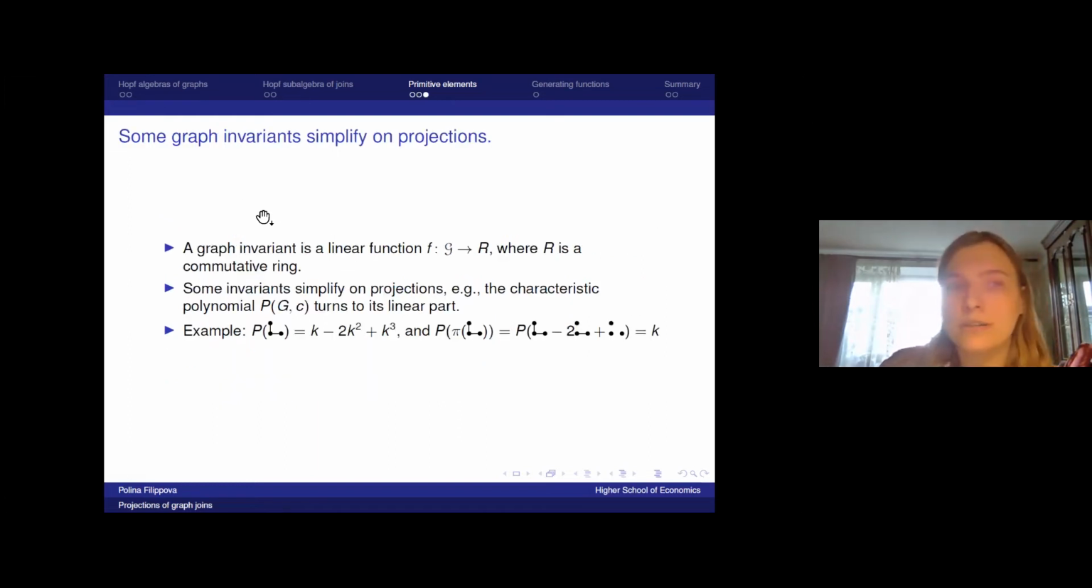Why are we interested in projections onto primitive elements? One of the reasons is that some graph invariants simplify when we take them on projections. There are more graph invariants that simplify, but I don't have the time to define them and to speak about them, so I will say some words about the chromatic polynomial. I will note that the chromatic polynomial is the number of proper colorings